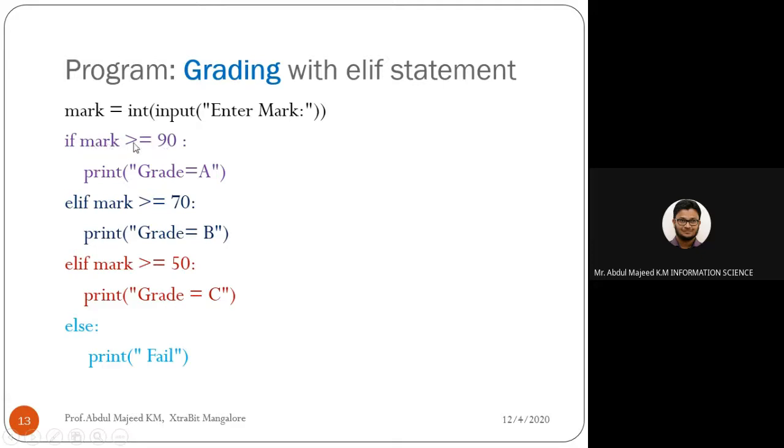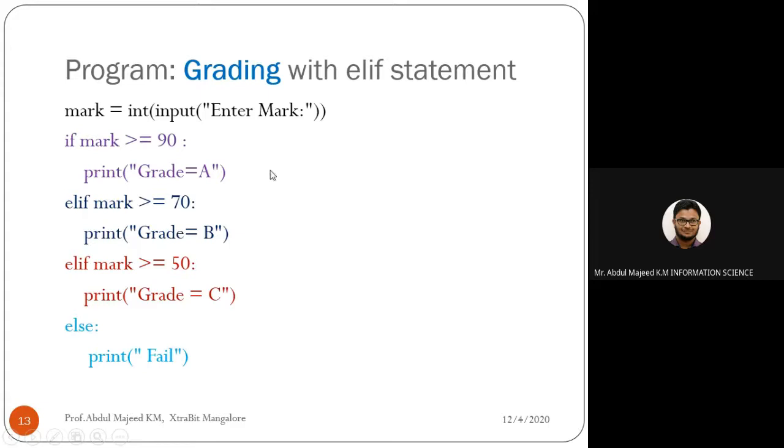If mark greater than or equal to 90, then print grade is A. Elif mark greater than or equal to 70, print grade is B. Elif mark greater than or equal to 50, then print grade is C. If all three conditions fail, then it will print fail.